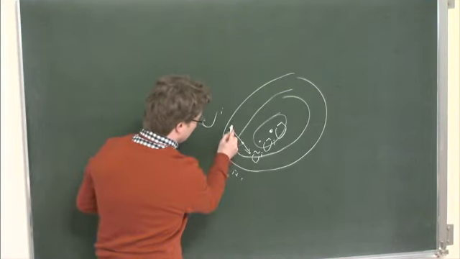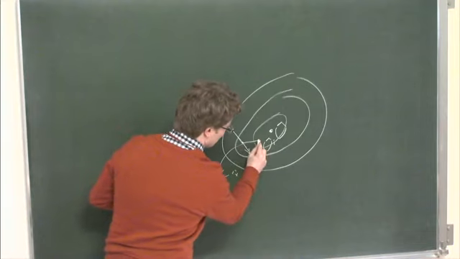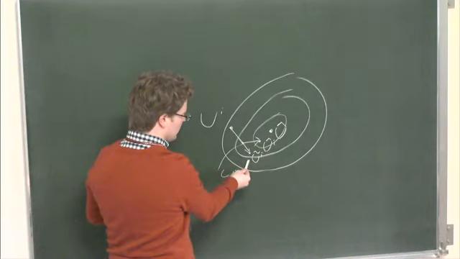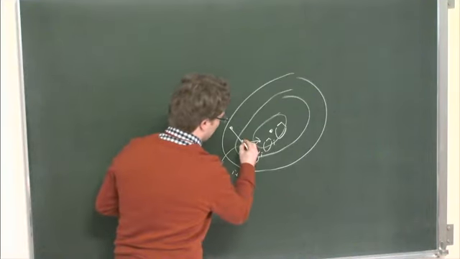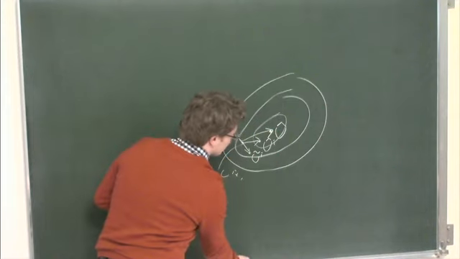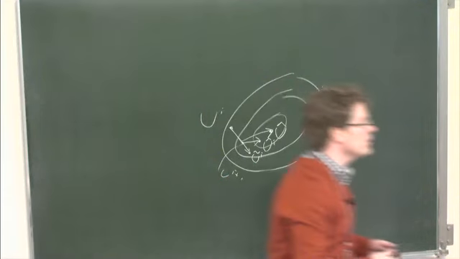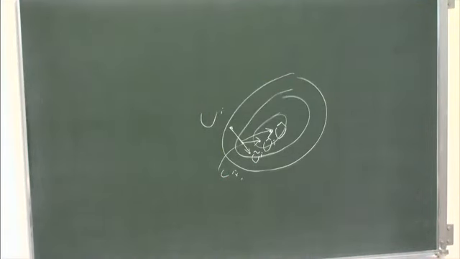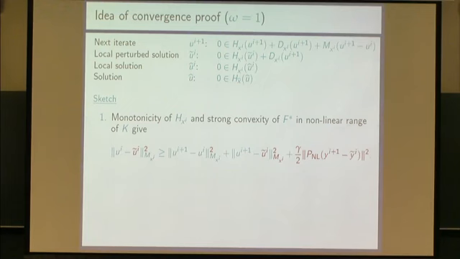And now we have to kind of estimate the distance from here to the real local solution with the help of this perturbed local solution, and then further to the real solution of the problem. This kind of bridges through all of them. So how might we do? First of all, we use the monotonicity of our operator, and we also assume some strong convexity in some subspace to get this kind of estimate where we have the distance to the current perturbed solution of the current iterate and then the next iterate. And these norms are kind of local based on this